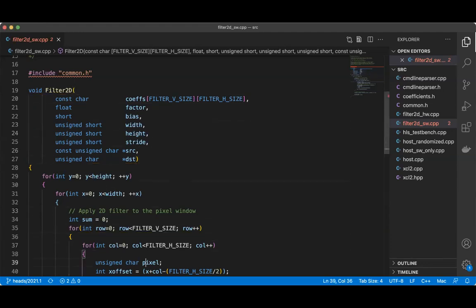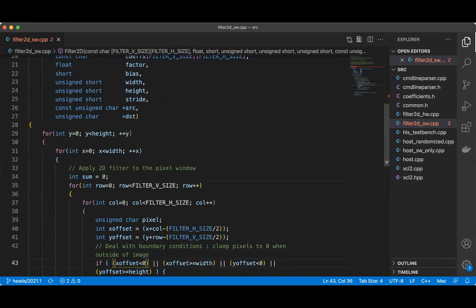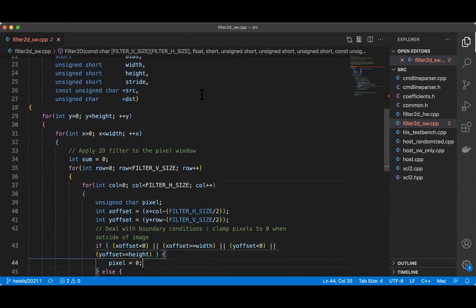If you see line number 29, there is a for loop for y equal to 0. This is your image. For y equal to 0, you keep going up. You are at the outer loops. You pick a row, and then for x equal to 0, you go this way, across the width.